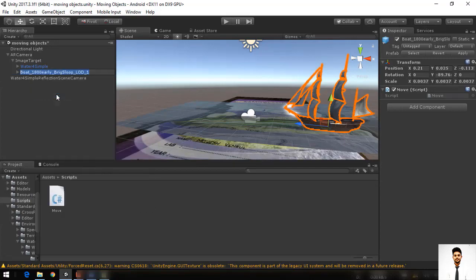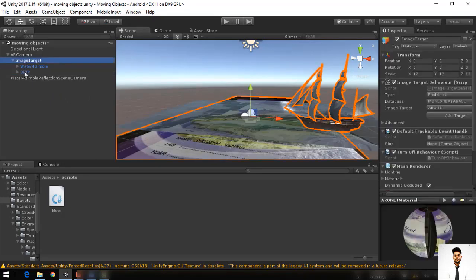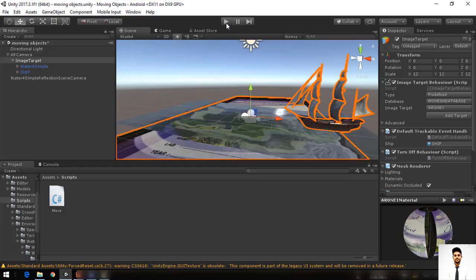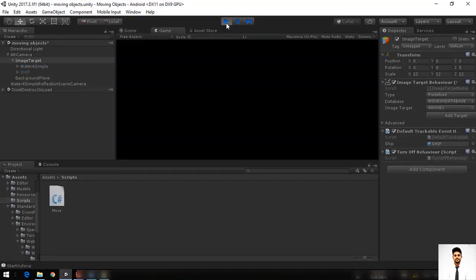We'll be renaming it to, okay, now after renaming it, we'll set the hierarchy and the prefab to the image target. See, there is a ship component and we have placed a ship prefab into it. So let's test it again.